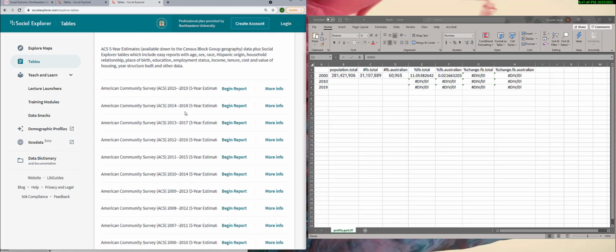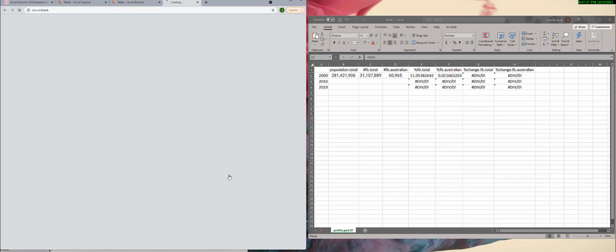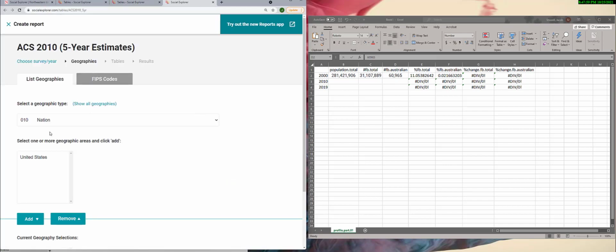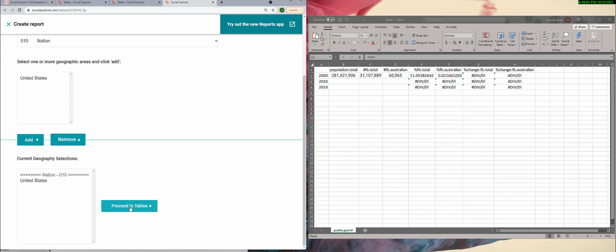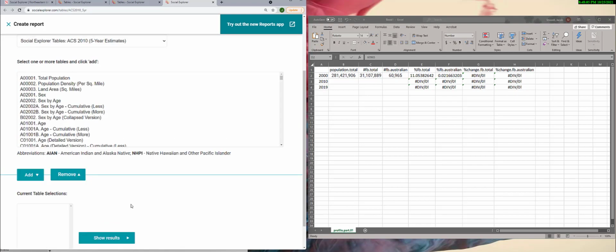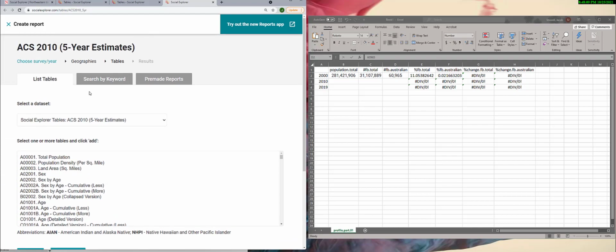Again, these are the 5-year estimates, and for the next series of data, we'll collect the data that ends in 2019. First, we will click on Begin Report, and then highlight the United States, and add the total population,